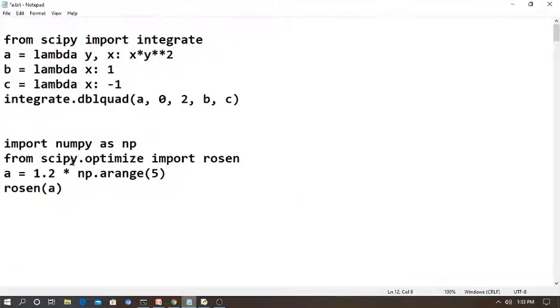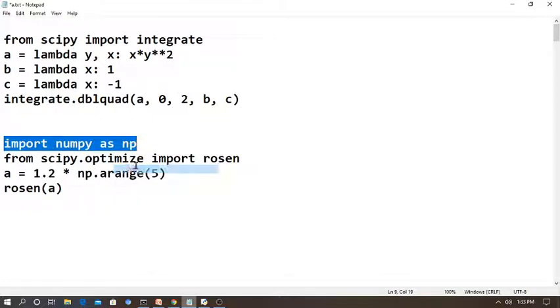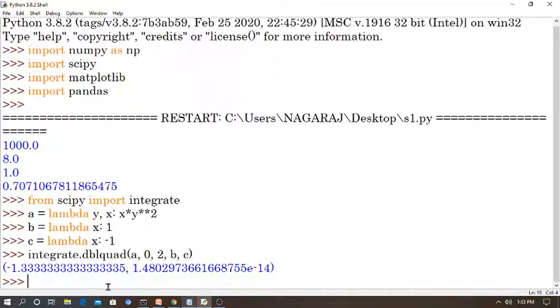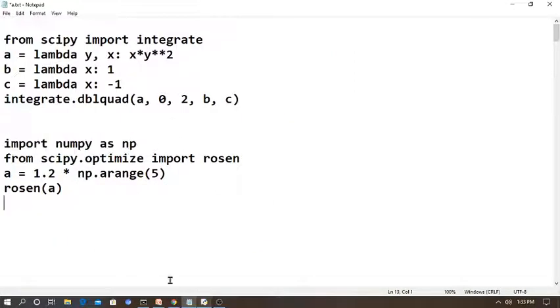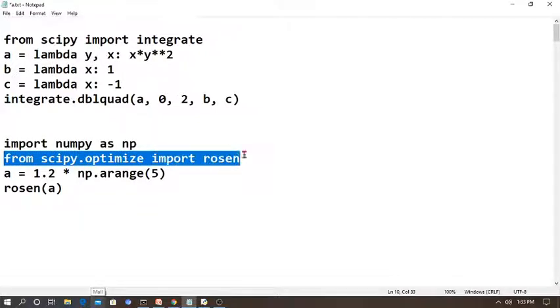So here I have a program. Just putting in the file. Next, if you want to use optimize, you can use the package: from scipy.optimize import rosen.